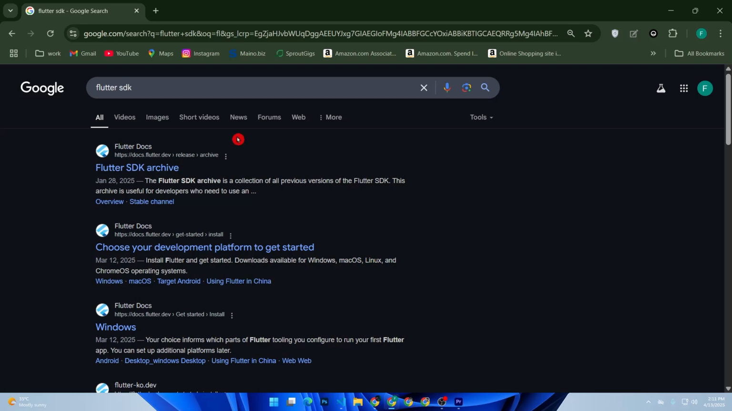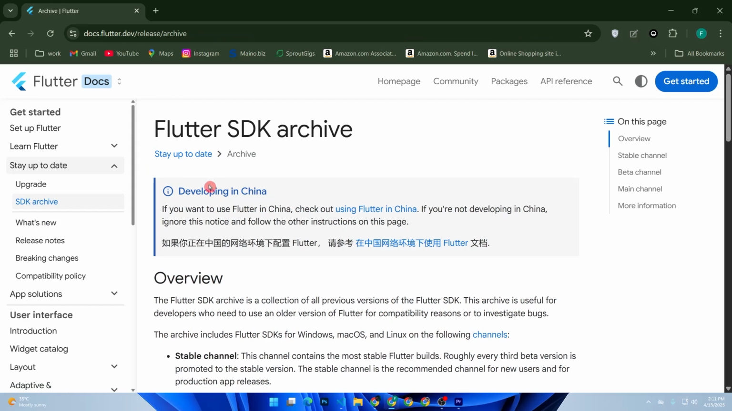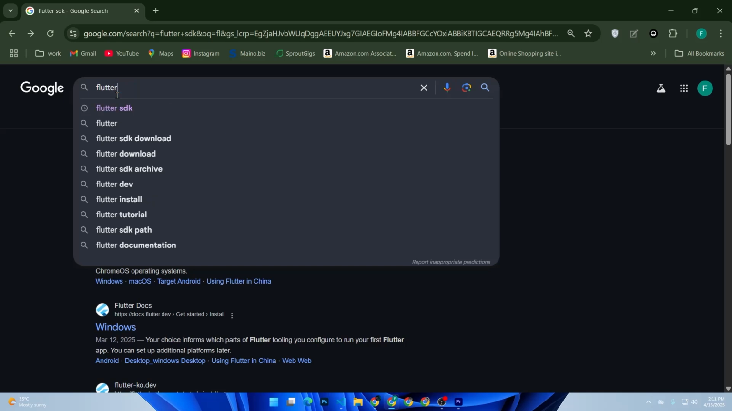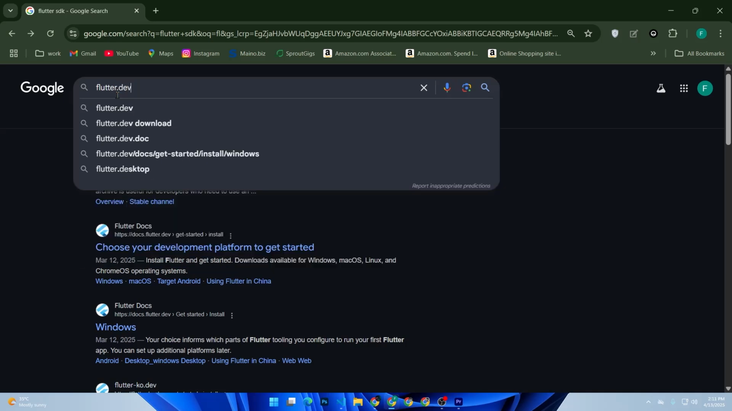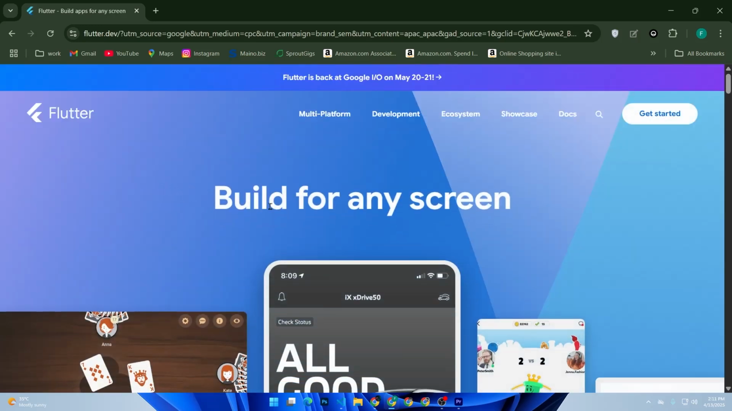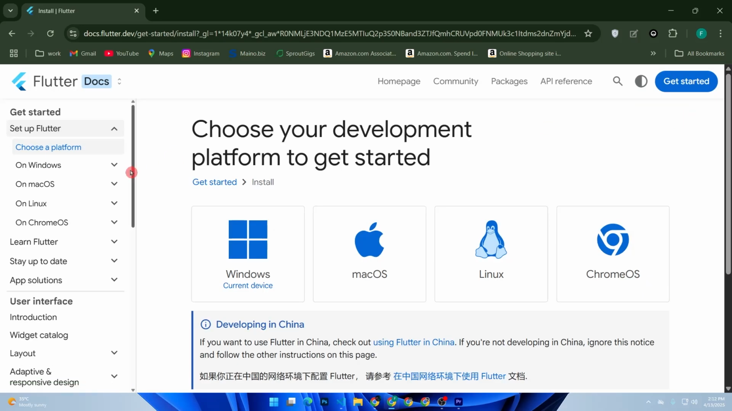SDK and click the first link, or you can also search flutter.dev, then click the first link, then click get started button, then choose